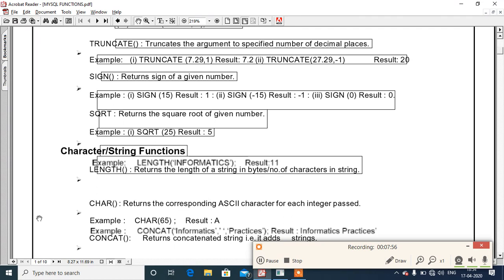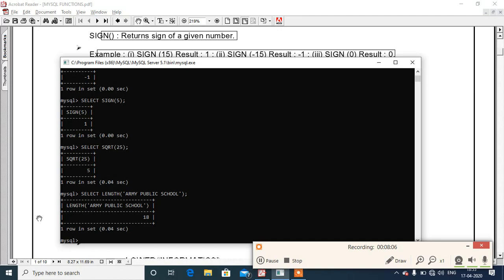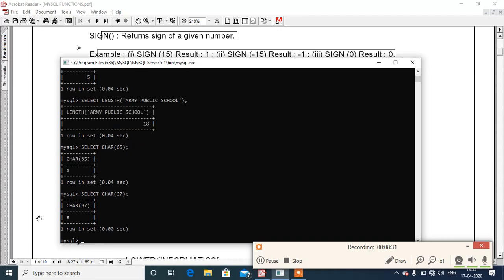Then after, we'll get the character function char. Char function is used to get the character equivalent of a numerical value. For example, if we write select char bracket 65, we will get a capital A as a result, because the ASCII code of capital A is 65. And if we write select char bracket 97, in this case we'll get small a as a result.